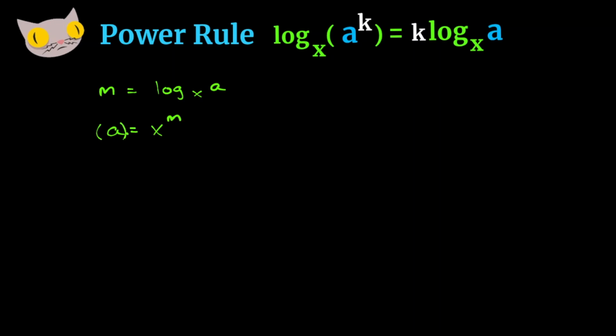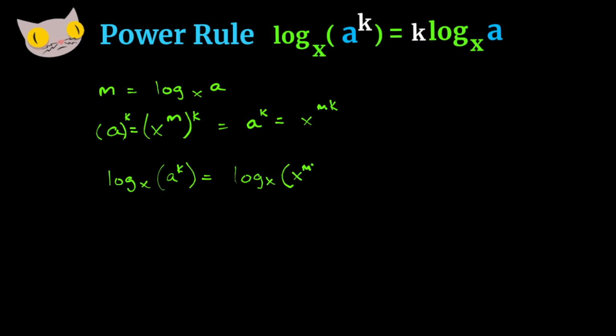Now let's raise both sides to the power k so that we get a to the k power is equal to x to the mk power. Next, let's perform logarithms with base x, and we'll apply it to both sides of the equation. So if we have log base x of a^k is equal to log base x